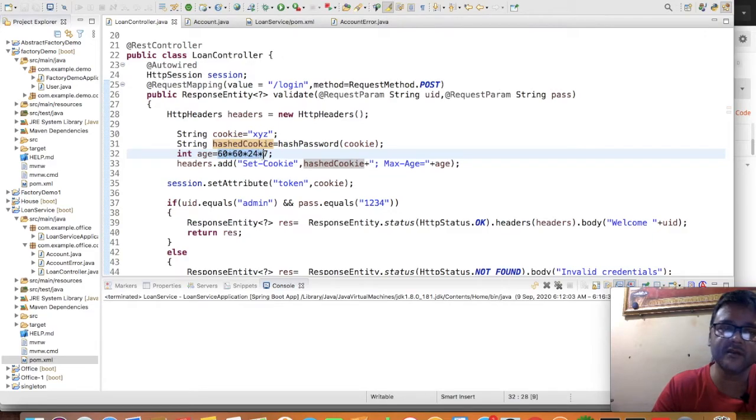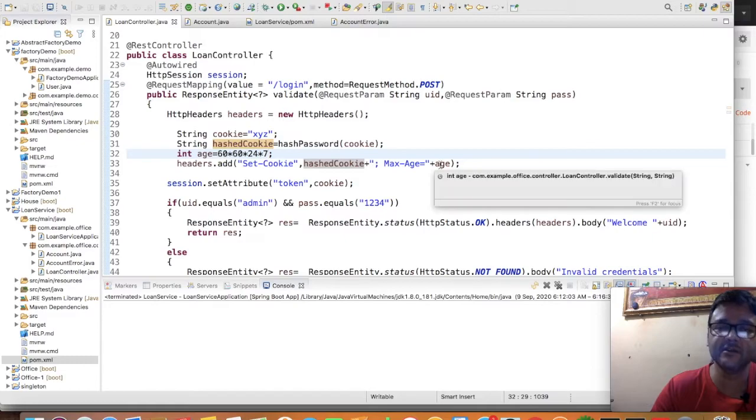So I have mentioned 60 into 60 into 24 into 7. That means it accepts the age in seconds. 60 seconds into 60 means 60 minutes, in fact. So 24 means 1 day, and 7 means I want to keep this cookie for 7 days.